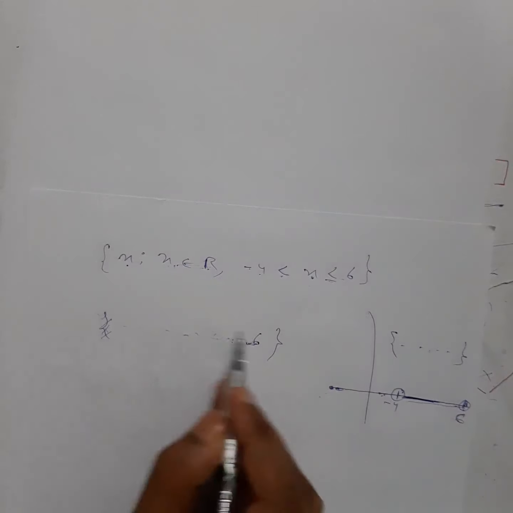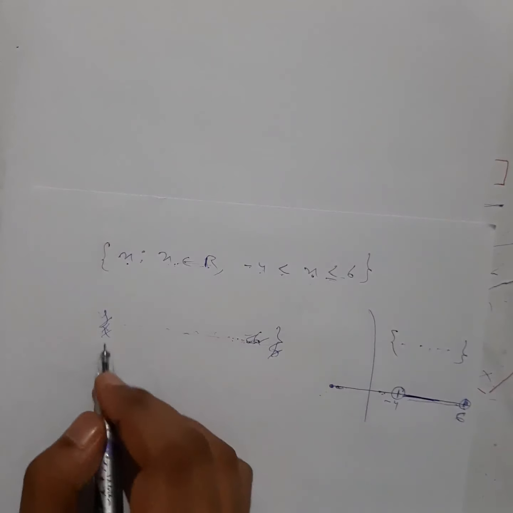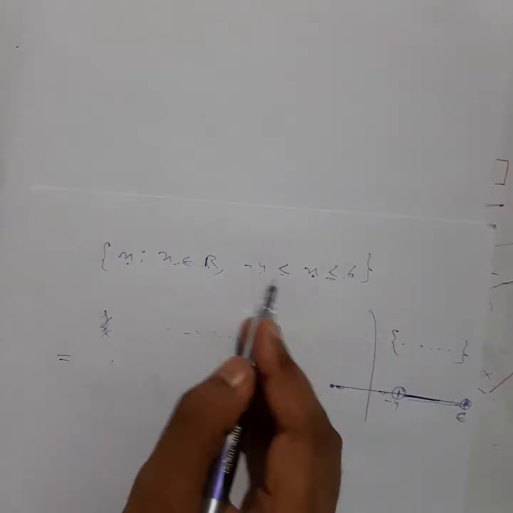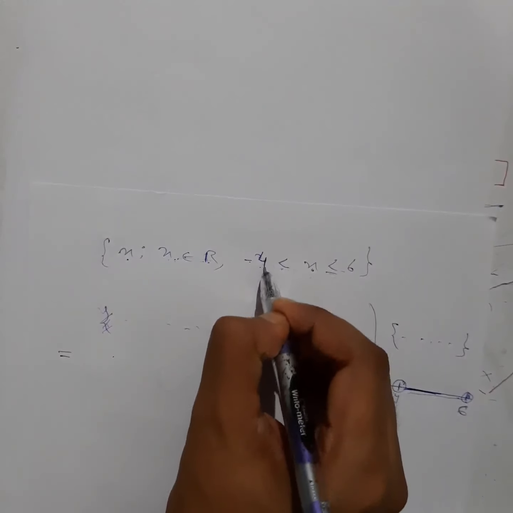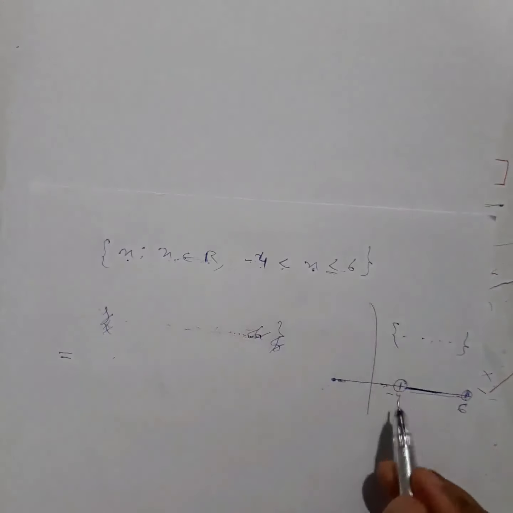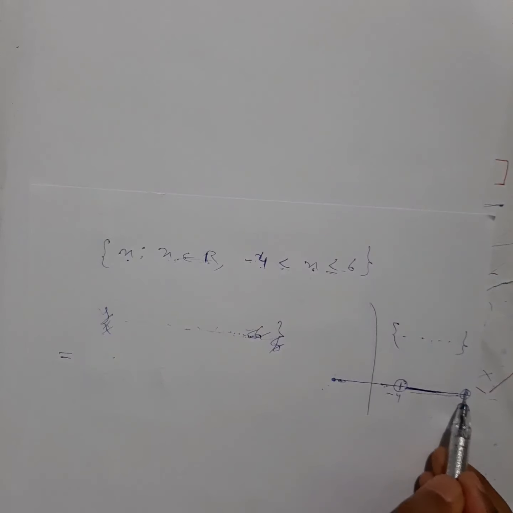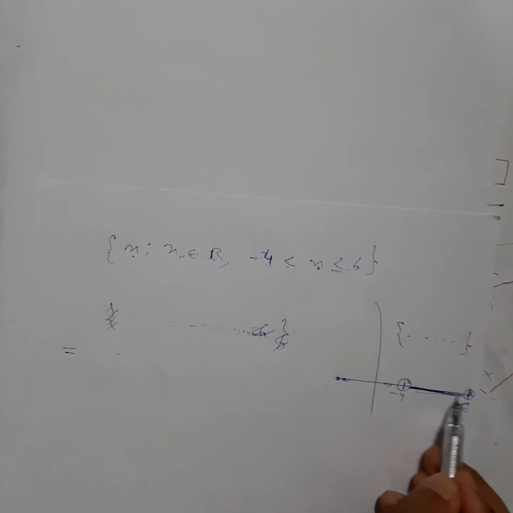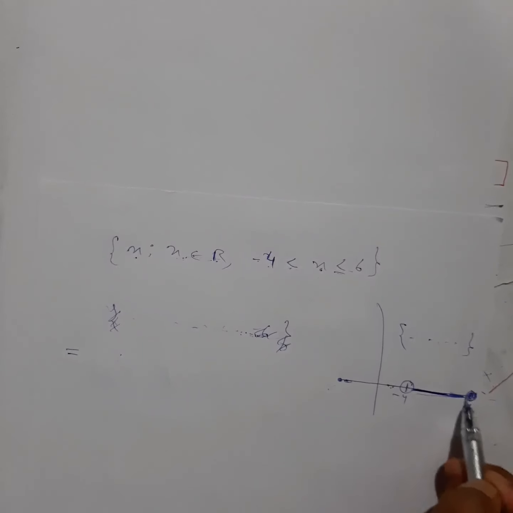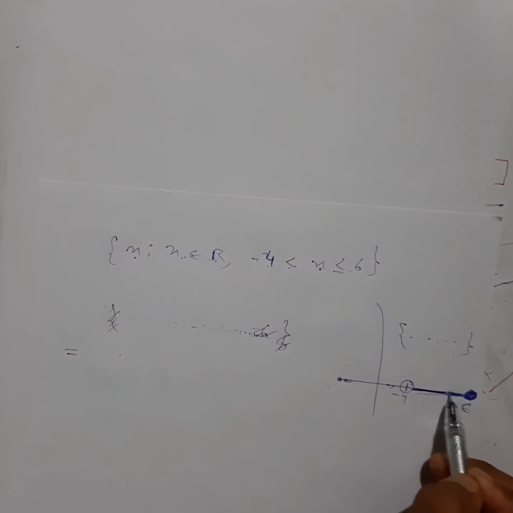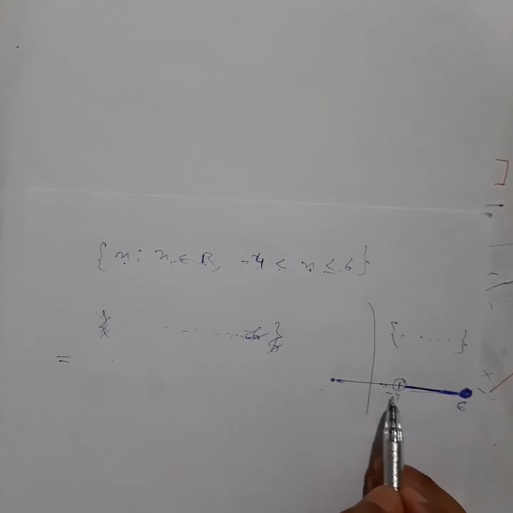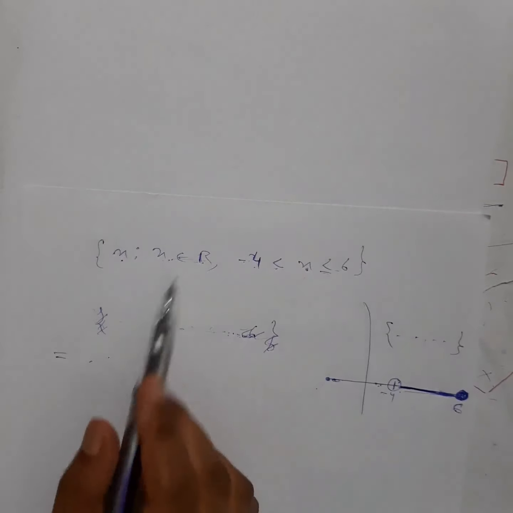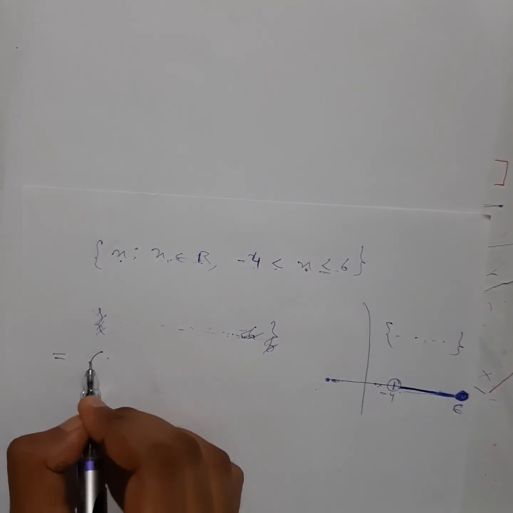So what I will do is write this in interval form, as they have asked. So what kind of interval will you write here? Elements will be between minus 4 and 6, but minus 4 is not an element. If I represent this in a graph, this will be the graph. 6 is also an element, so I will shade it. This portion I will shade. It means after minus 4 whatever number is there will be in the set. Okay, in this set. So how do we represent that?